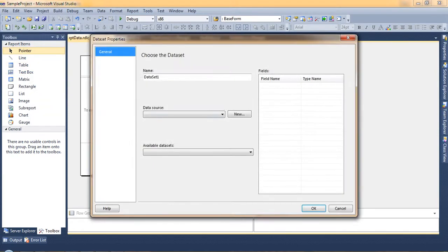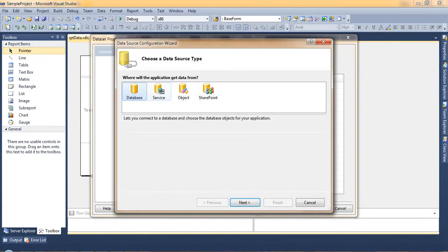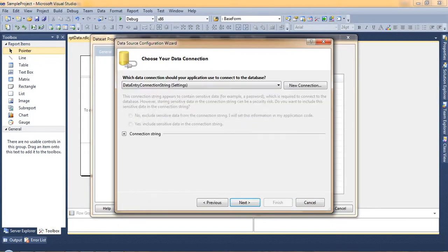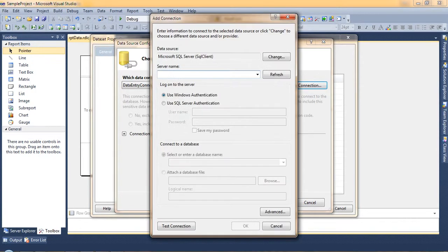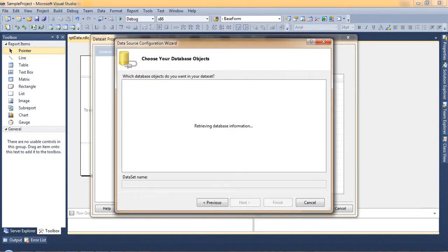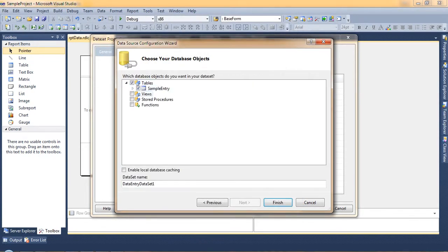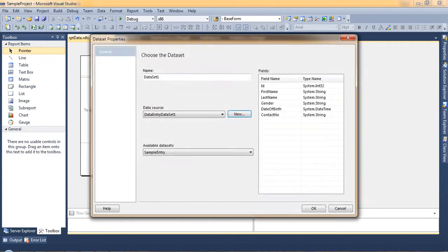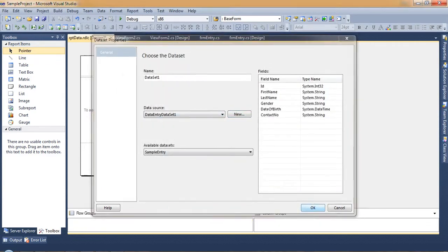Now table, get the table, data entry, the data set we are already getting. If you are not getting this, you can create a new data set, data entry, with the same operation that we did there. Then select that sample entry table, finish, and then OK.